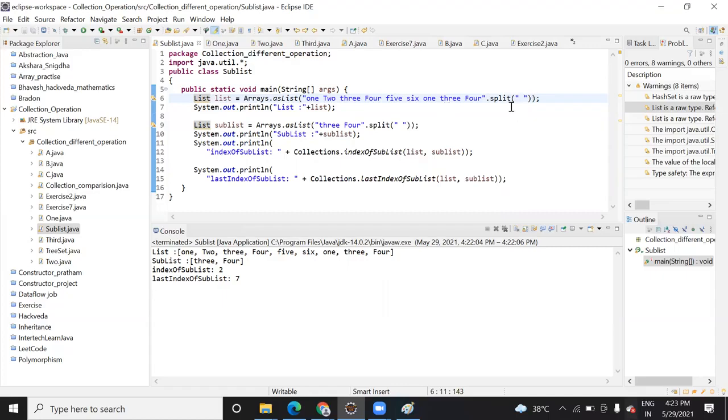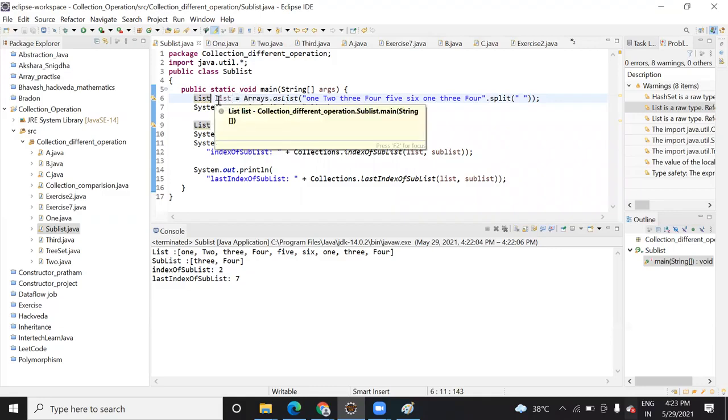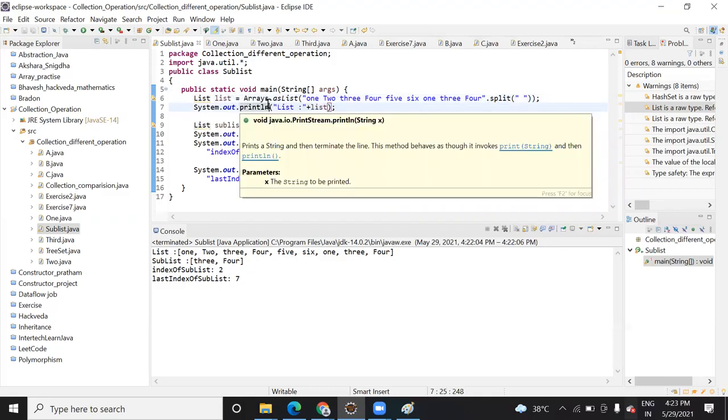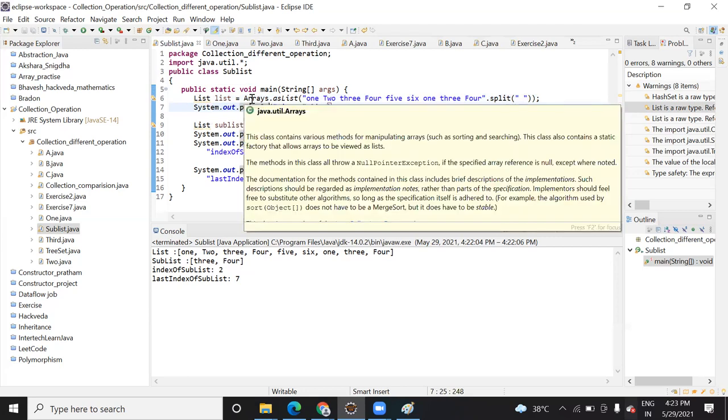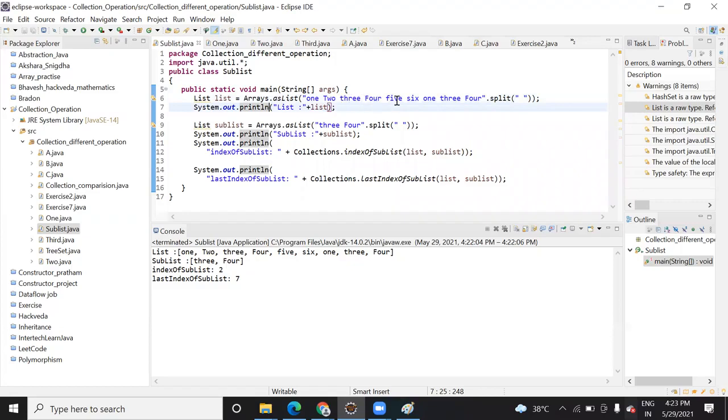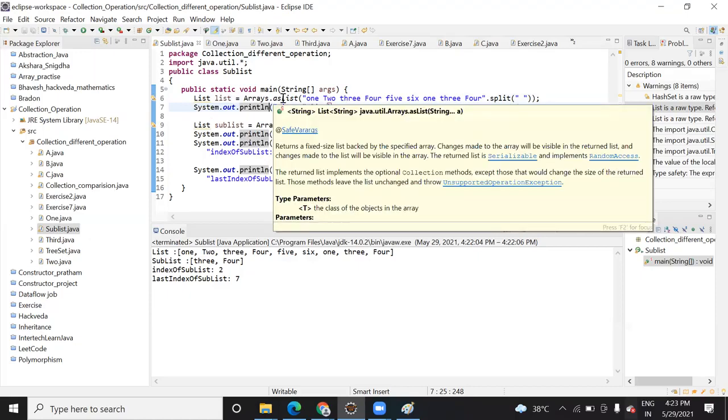You are going to split it based on this space, and then it will be assigned to this list, which is of list type. This array will act as a list, and it will split it and assign the value to this list.